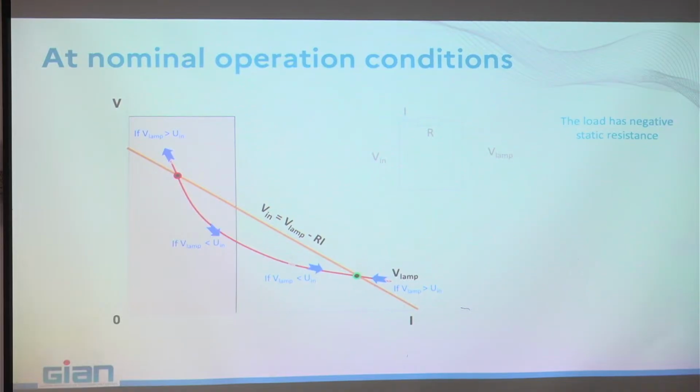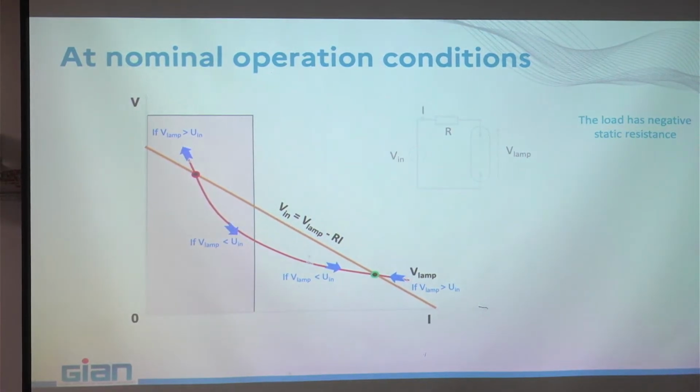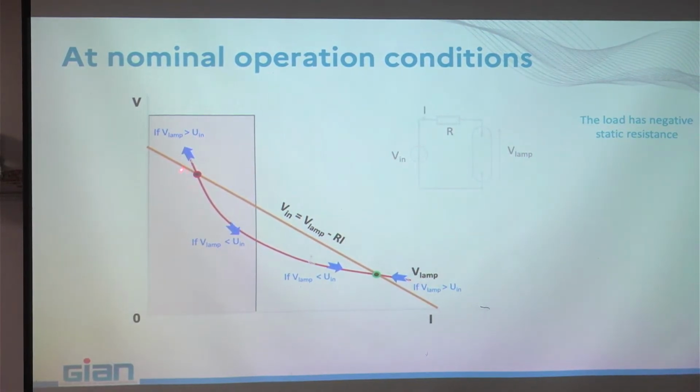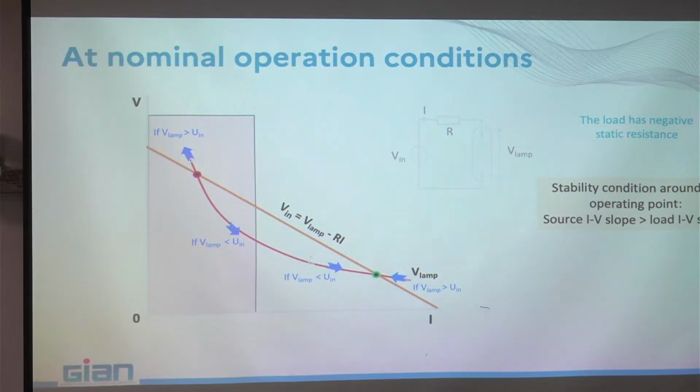Now, if you look at what happens with this kind of ballast in nominal operating conditions, here I invert the curve. I'm not looking anymore at the startup phase. This is the behavior of the discharge. This is the ballast. And you have 2 potential intersection points. That means you have to operate at that one or that one in order to have a stable operation of the lamp. But in fact, you have to look if the 2 points are stable or not, and the stability can be done by taking the small signal variation around the point.